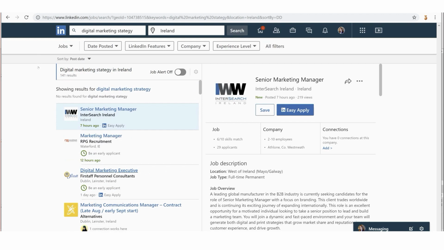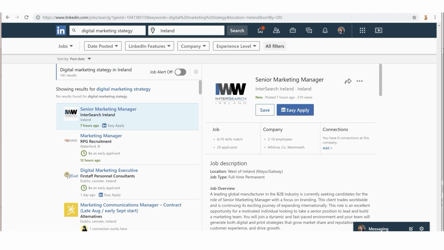And I guess for anybody who is out there going through your own applications, sometimes the quicker and the sooner you can get your application in for a job, you can make that strong impression straight off. So it can be worthwhile to search by relevance, but also to search by post date.